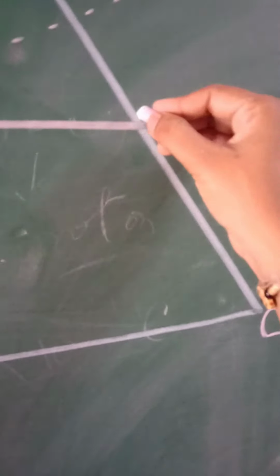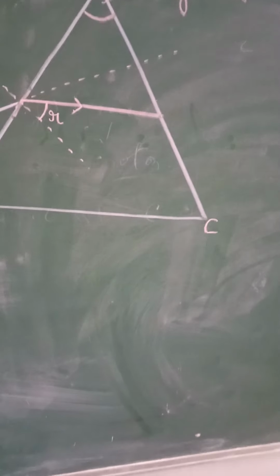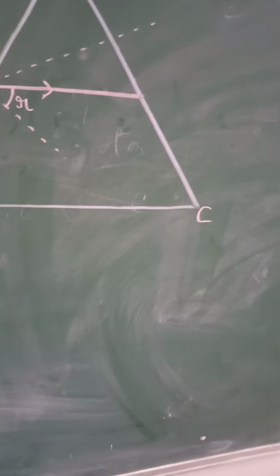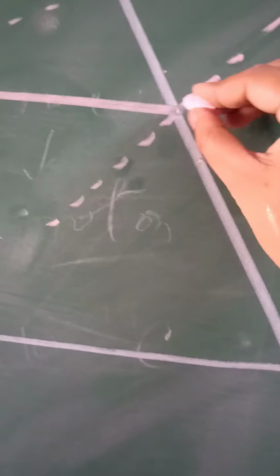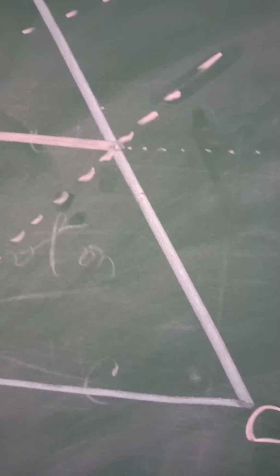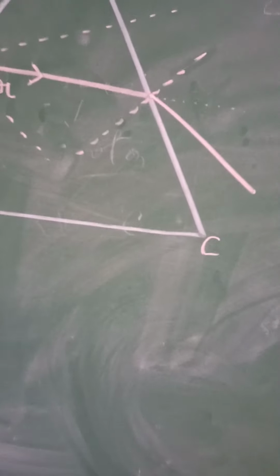Is this clear? Now what will happen when this light ray enters this face? This is the denser medium and this is the rare medium. So at this time when this ray goes out from the prism, it moves away from the normal. So firstly we have to draw a normal on this face. This is the normal. Actually this is the path, but it goes away from the normal.